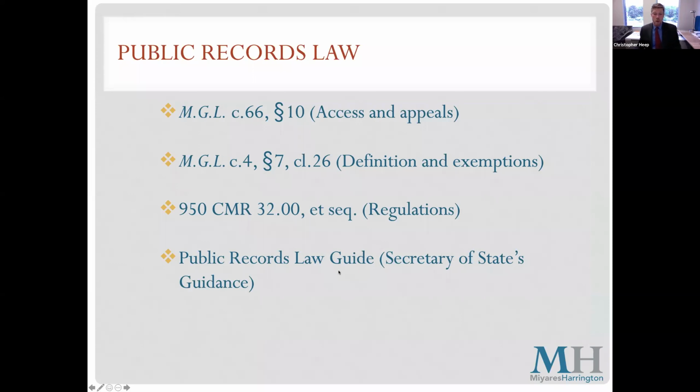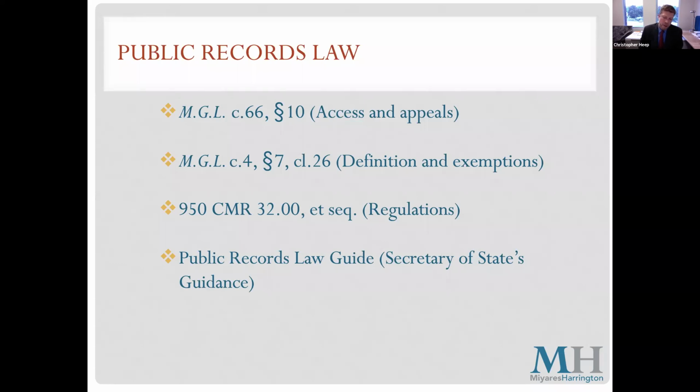Okay, so first with the public records law, this slide is meant to show all of the various sources of law that have a bearing on public records in Massachusetts. The public records law is a little bit unusual in that Chapter 66, Section 10 is what we think of as most of the public records law.